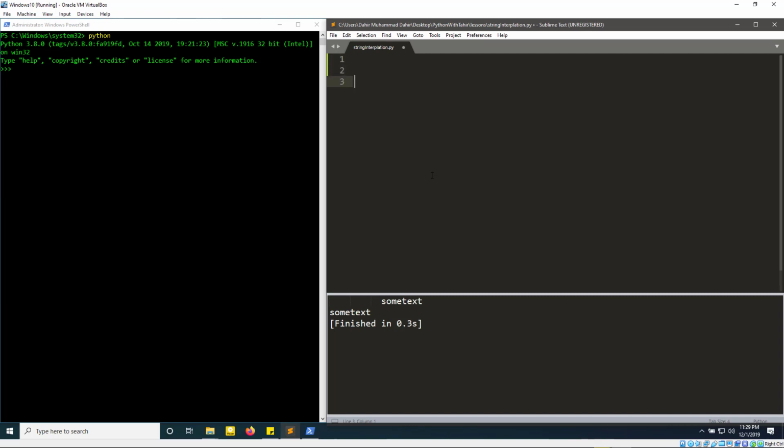So normally by default, let's say we have a variable name is equal to Tahir. Let's say age is equal to 30. Let's say time is equal to 25, and let's say state is equal to